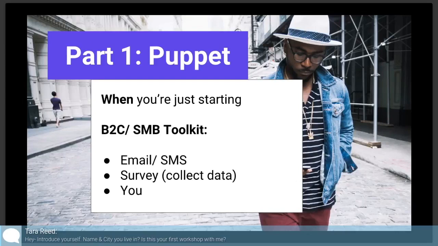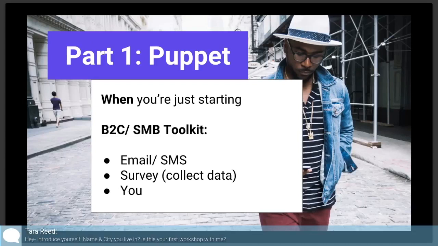Or you're going to sell your company's services, or your company's app, to small businesses. SMB is small businesses. These are just industry terms that you should know. B2C is business to consumer. SMB is small businesses. So for those of you whose customers are going to be consumers or small businesses,